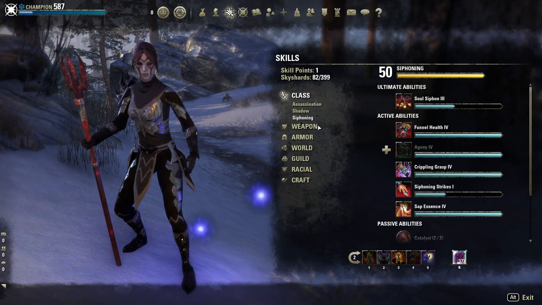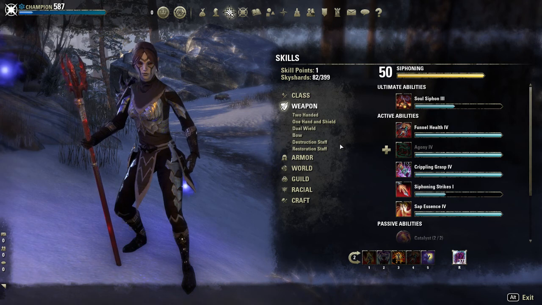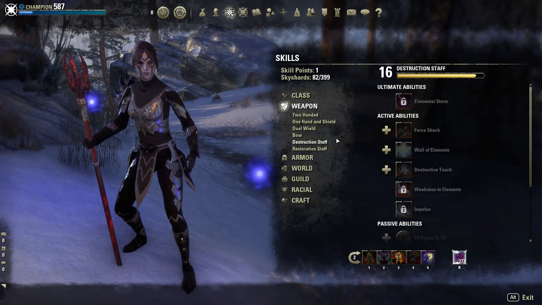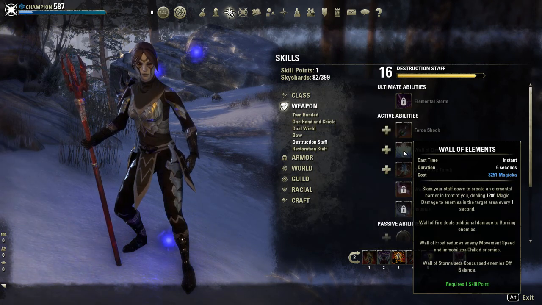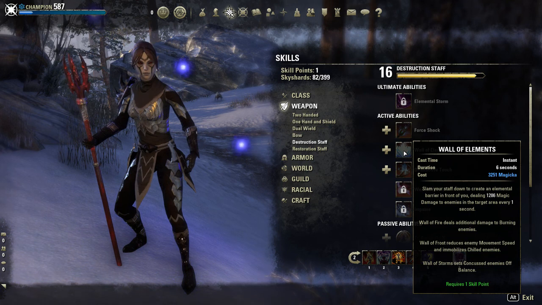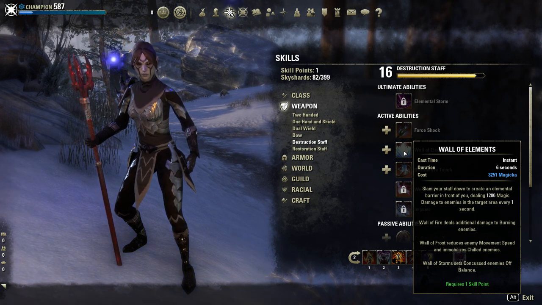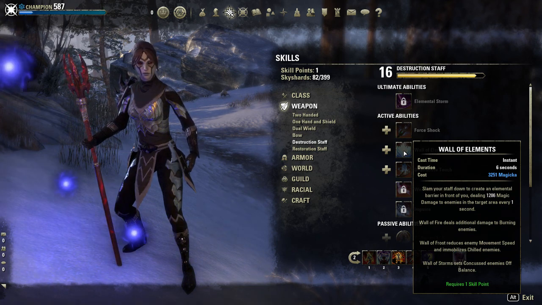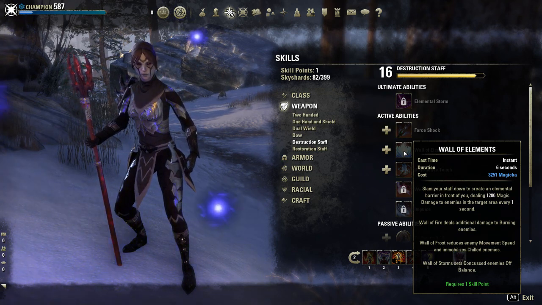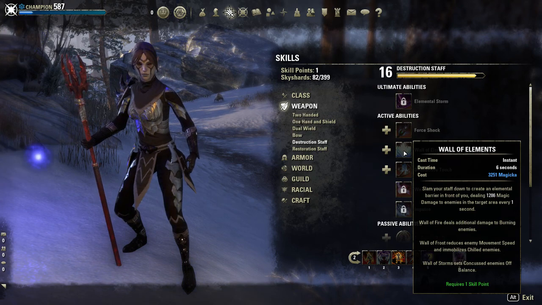So on to another thing that you can do. You can swap the Resto Staff out for a Lightning Destruction Staff, and if you do, you can switch out Reaper's Mark with Wall of Elements. The reason you're going to want to go Wall of Elements is for the off-balance chance of the enemies, but also to do a lot of damage, because this setup does a lot of damage with the Lightning Staff. You also want to do a lot of heavy attacks with the Lightning Staff, and one of the morphs with